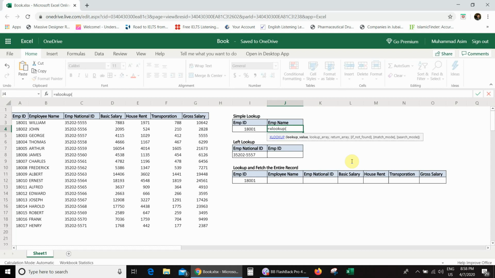bracket. In the XLOOKUP function, there are 6 arguments. 3 arguments are mandatory and 3 are optional. Firstly, we will discuss only the mandatory arguments. Here, the first argument is lookup value, which is employee ID. I will select this, comma. Then the second one is lookup array. So my lookup array is employee ID, which is column A, A3 to A19. So I will select this one,